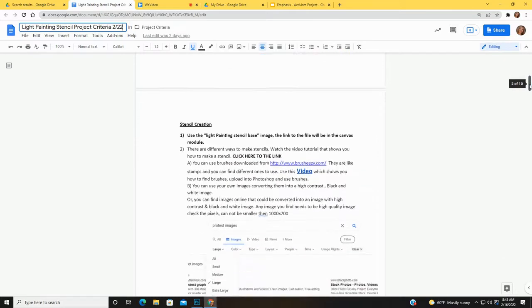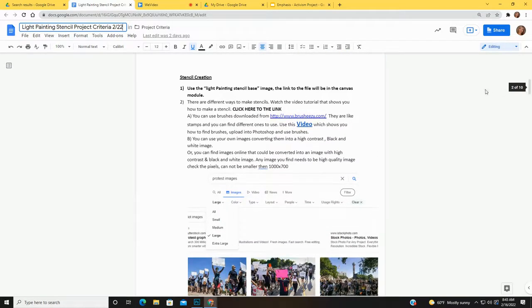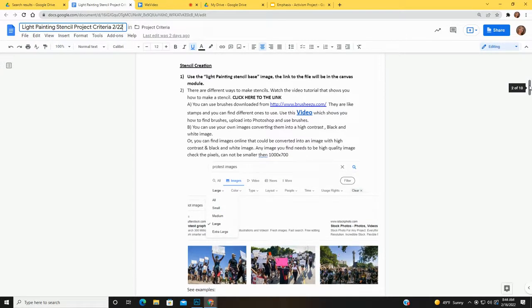So let's look at the stencil creation. First of all, you're going to be using a light painting stencil base, which you will be able to find in our files. I'll give you the link. Currently, we're using Canvas, and so that's where you will find it within our Canvas module. We will be using a variety of different resources to help create this stencil. First, we'll be able to download brushes from